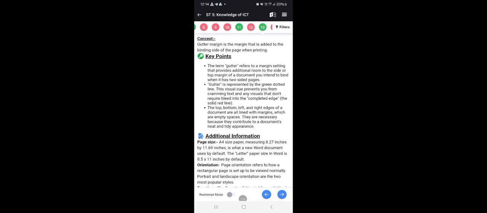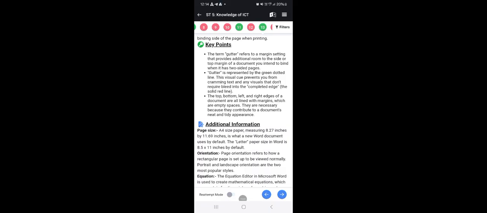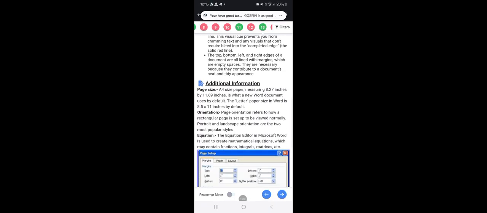Gutter is represented by the green dotted line. This visual cue prevents you from cramming text and any visuals that don't require bleed into the edges. The solid red line: the top, bottom, left, and right edges of the document are lined from the margin, which is empty space, and it is necessary because it contributes to the document's neat and tidy appearance.